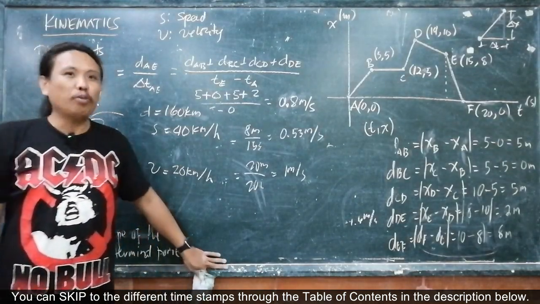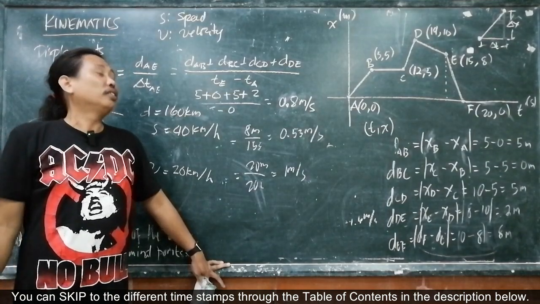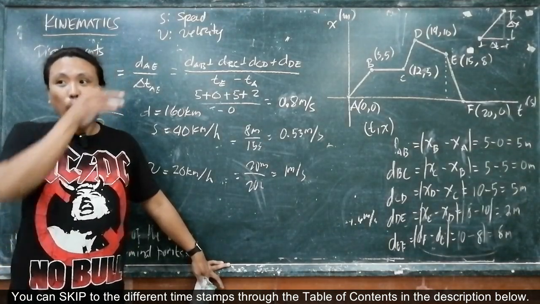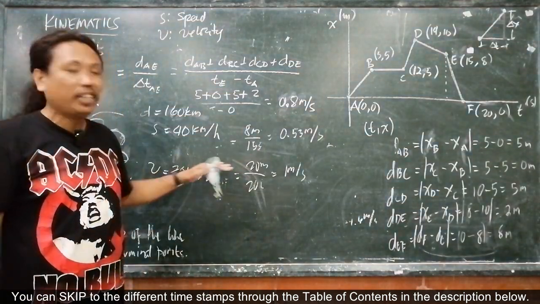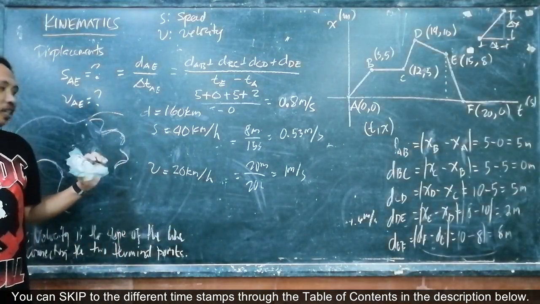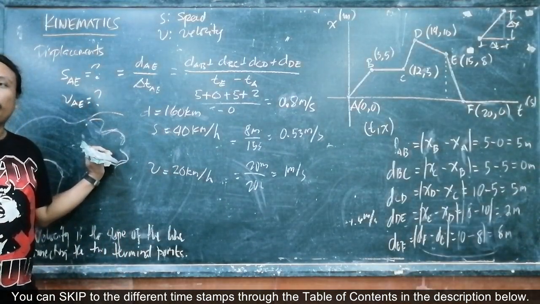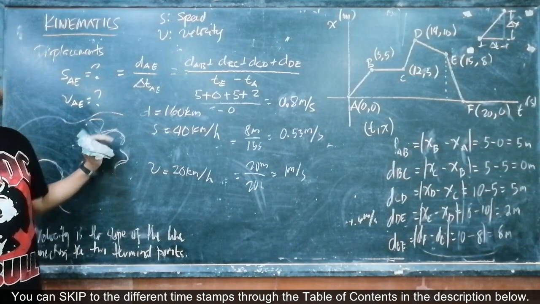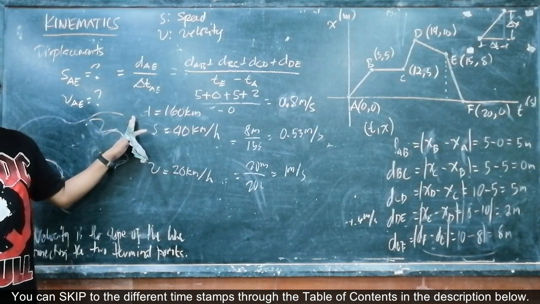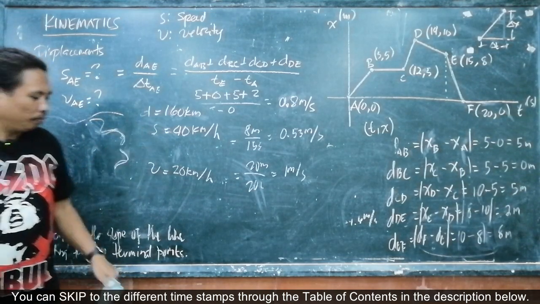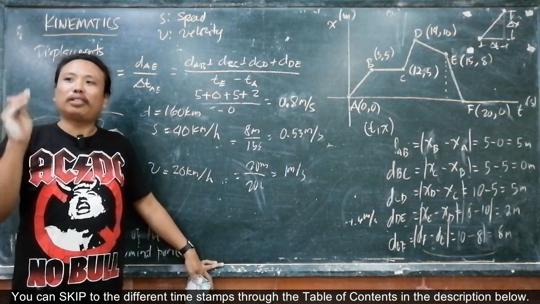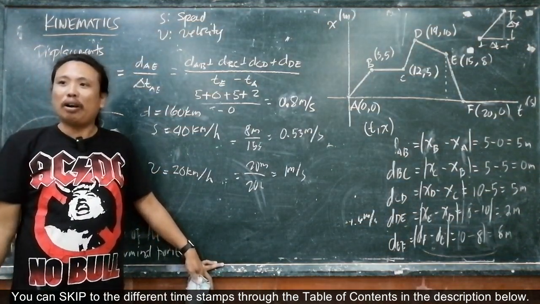Is it possible that I would reach CDO in 4 hours? Of course, yes. Why? Because the average is 40, right? And traveling at 60 kilometers per hour, it is very possible to reach CDO within 4 hours. Now, there are drivers who actually drive at speeds of 120, 140.